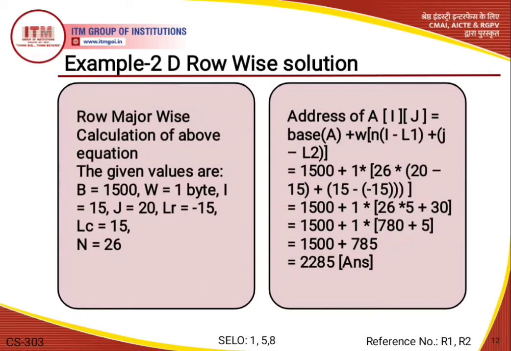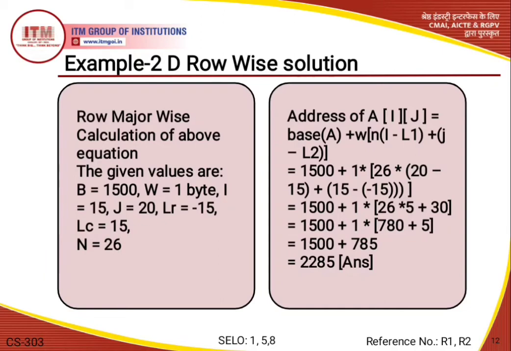Now when we perform the 2D row measure representation of address calculation, first of all, again we find out from the numerical the given values. The given values are base is equal to 1500, W is equal to 1 byte, I is equal to 15, and J is equal to 20. Lower bound is equal to minus 15, and lower bound of column is positive 15, and the number of